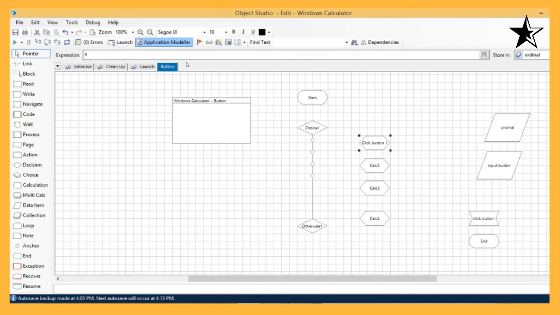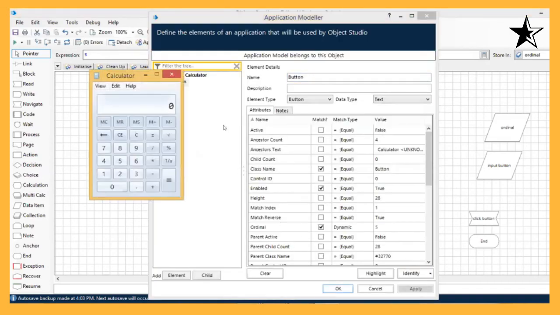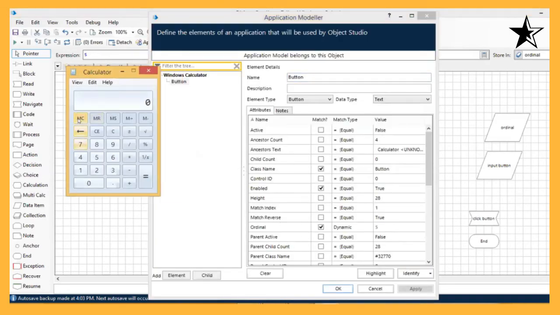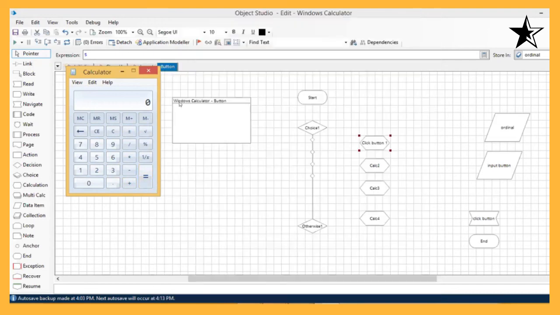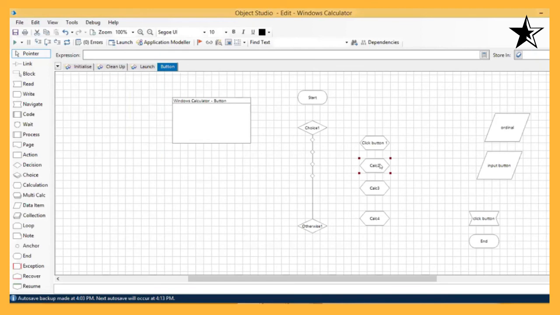Just go into the application modeler and launch the application. Right. To see here 1, 2, 3, 4, 5, 6, 7, 8, 9, 10, 11, 12, 13, 14, 15, 16, 17, 18, 19, 20, 1, 2, 3, 5, 4, 5, 6, 7, 8. So ordinal number for 2 is 11, ordinal number for plus is 23, and ordinal number for equals to is 28. Right? So I'm going to enter all these choice criterions here.